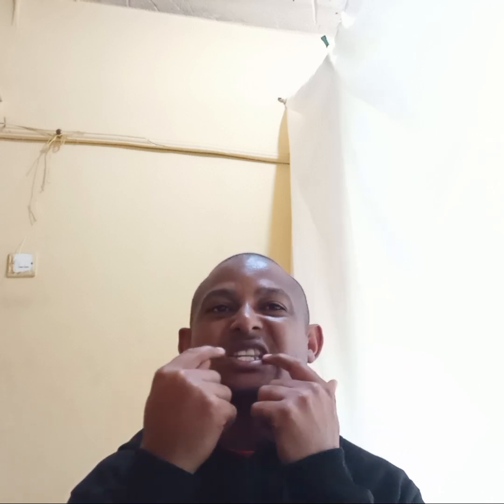Also in the intraoral features, you can see a fissured tongue. The tongue is broken, is fissured. Then you can also see something we call macroglossia. Macroglossia is the large tongue. The tongue is very big. That is Down syndrome. You can also see microdontia. Microdontia is small teeth. You find the teeth are very small.